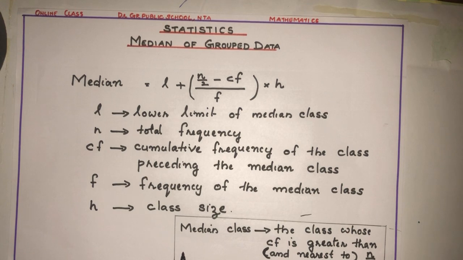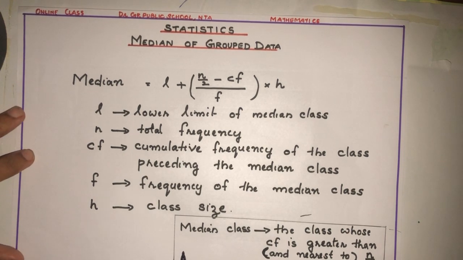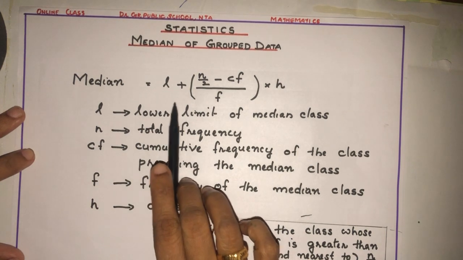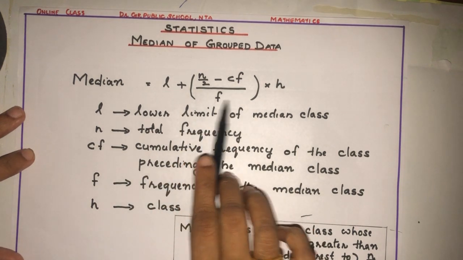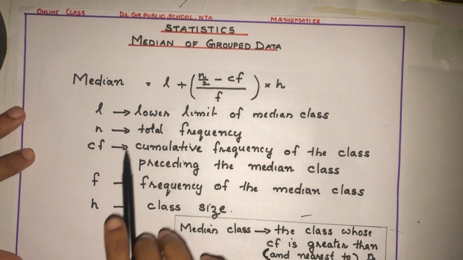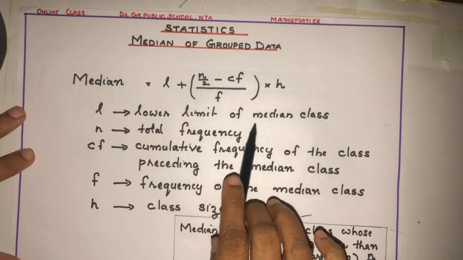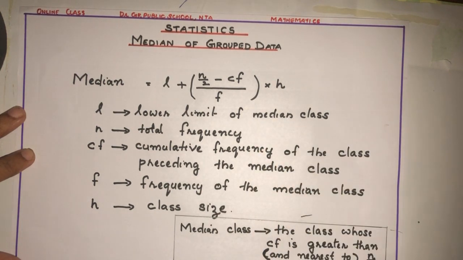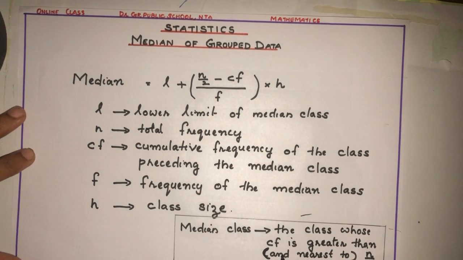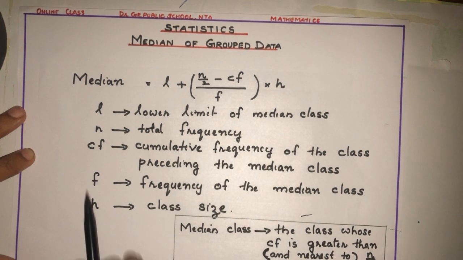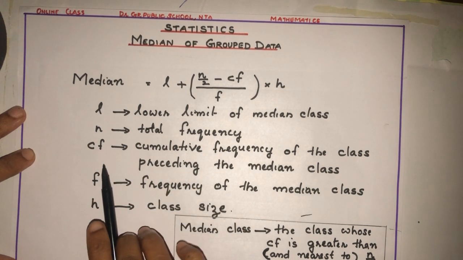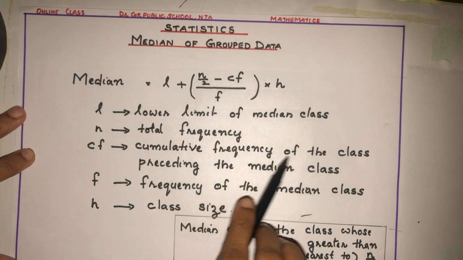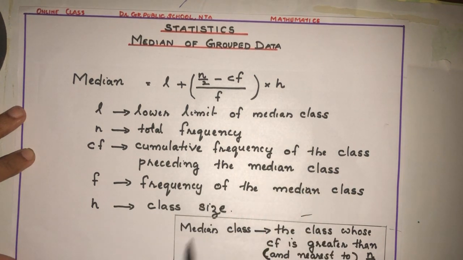Isn't it, children? So, the median of grouped data formula: median equals L plus (n by 2 minus CF) by f, into h, where L represents the lower limit of the median class. So, what is the median class? The class whose CF is greater than and nearest to n by 2, where n is the total frequency, CF is the cumulative frequency of the class preceding the median class, f is the frequency of the median class, and h is the